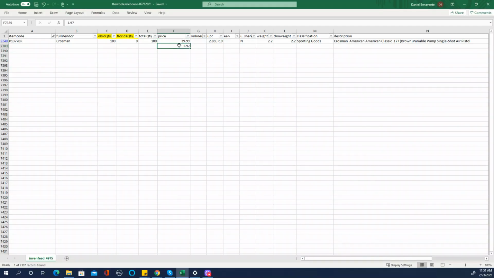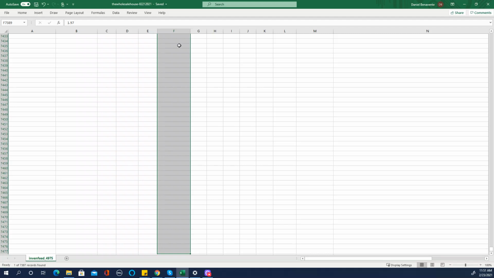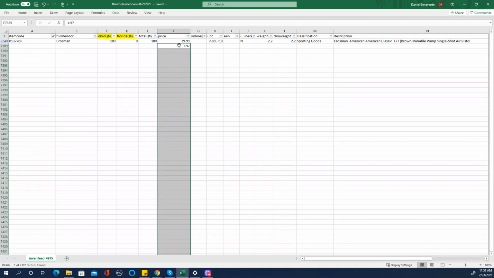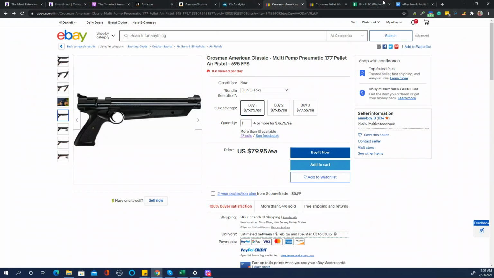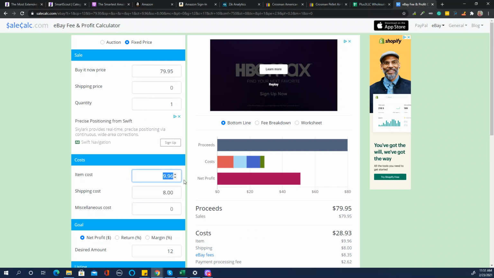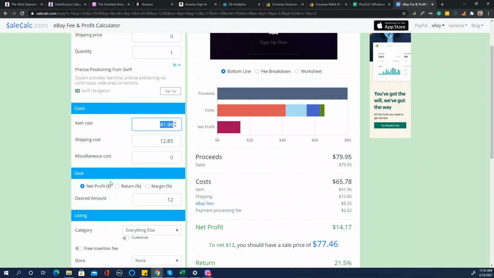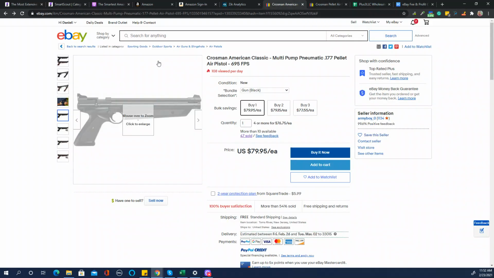So the price is $39 plus the dropship fee. Go back. So $41.96. So item cost $41.96, and then because the item is a bit heavier, we'll assume it's going to cost us $12.85 to ship. So if that was the case, then this item has very good profit. So maybe this is an example of how we want to make the listing. We want to make it